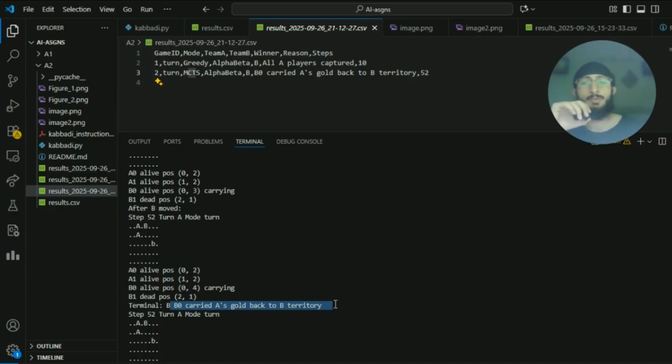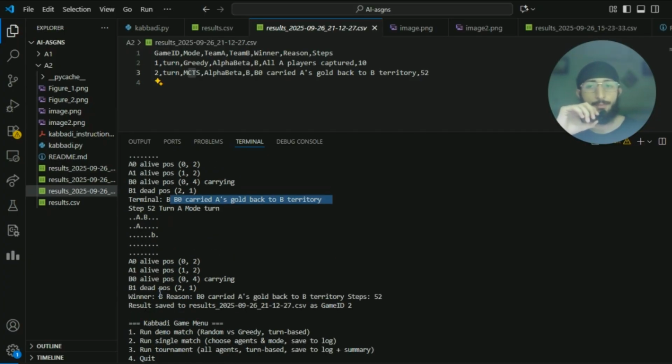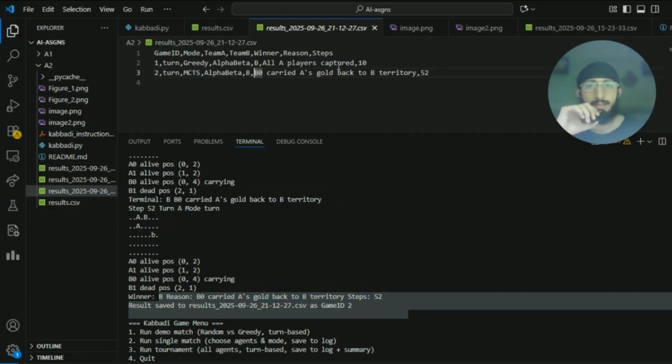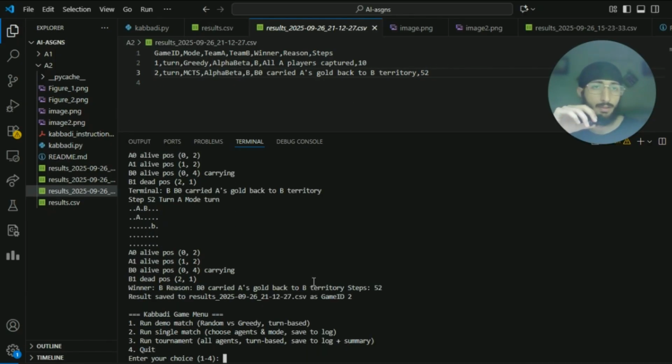Therefore B0 has successfully carried A's gold back to B territory, and therefore B is the winner, and B is basically alpha beta, right? So yeah, alpha beta won again, and steps it took was 52. So that's how this algorithm is working, and